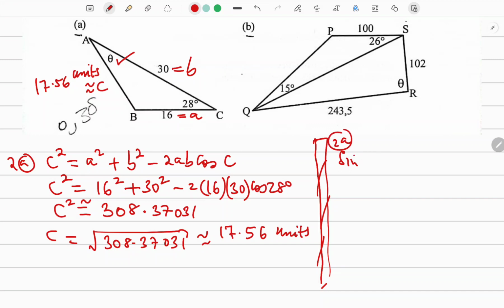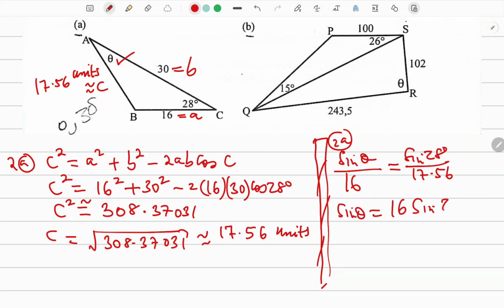The sine of theta divided by 16 equals the sine of 28 degrees divided by 17.56. So the sine of theta equals 16 times the sine of 28 degrees divided by 17.56, and if you use a calculator,